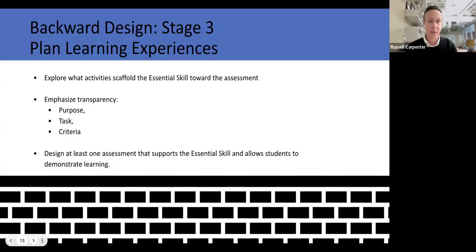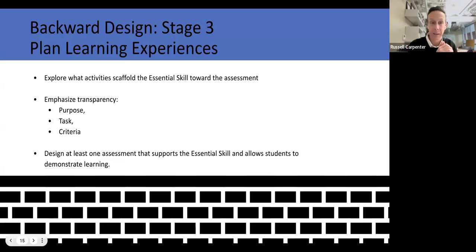So that takes us to stage 3. And in stage 3, this is where you're going to be planning the learning experiences. And this is an exciting opportunity to think about the activities that scaffold the essential skills toward the assessment. We can also think in very clear and transparent ways so that these learning experiences are also accessible to students. That is, they're able to understand the essential skill, but from a faculty member's perspective, you've articulated the clear purpose and then the essential skill, and even taking that one step further, the knowledge that students will gain